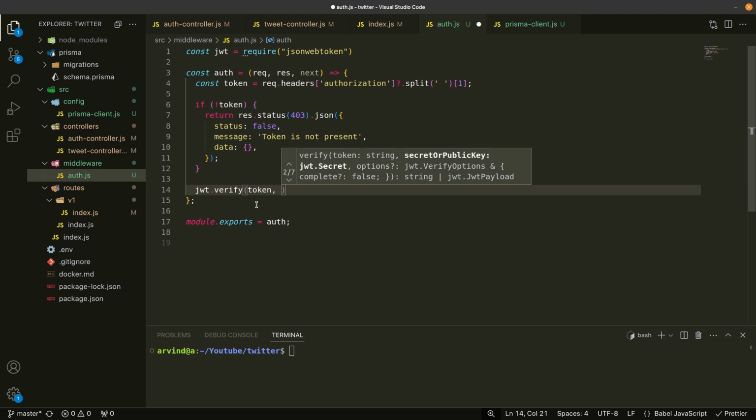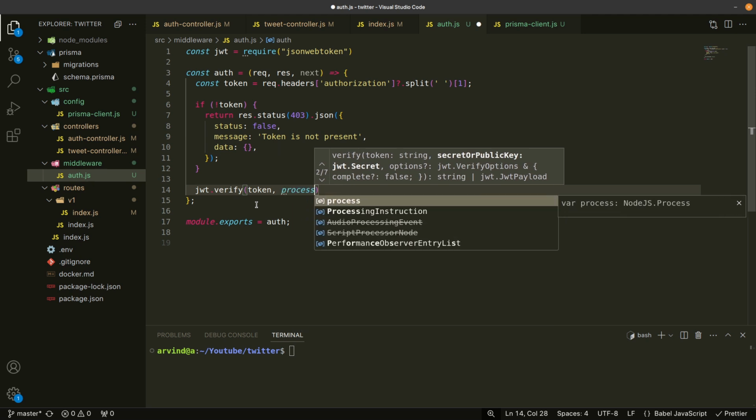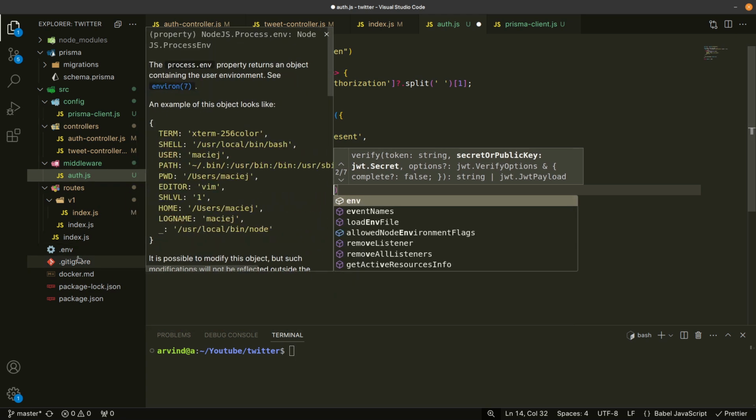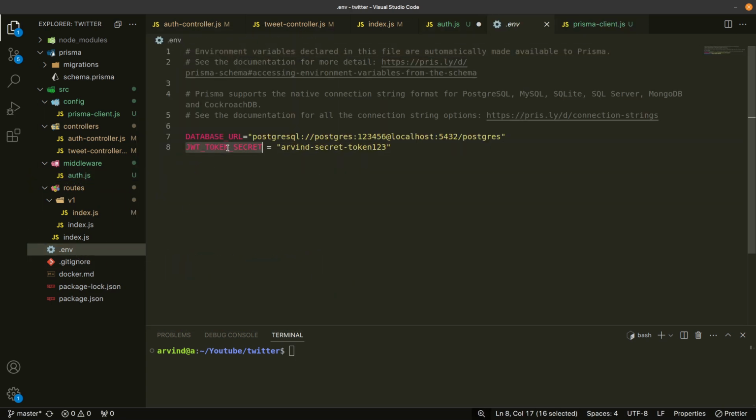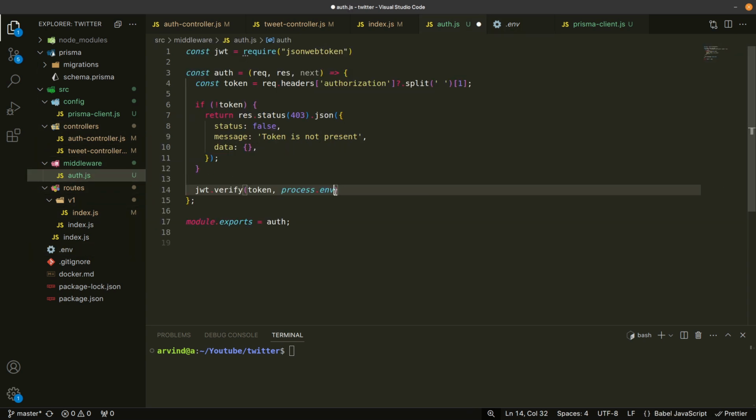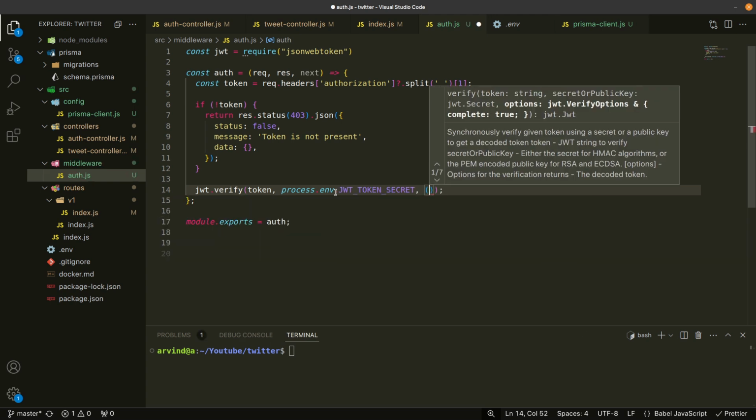So token. The second thing that it takes is the secret. So what was the secret? It was process.env. Let's come to our env file. It was JSON token secret. So let's put it over here, JSON token secret,